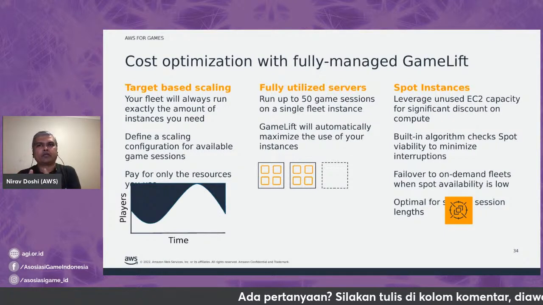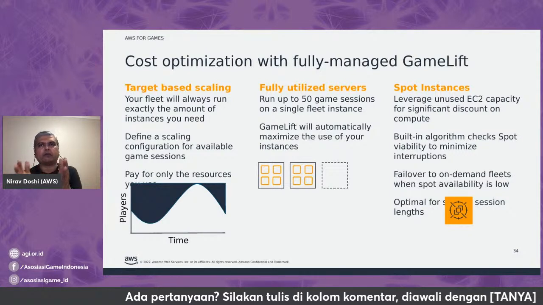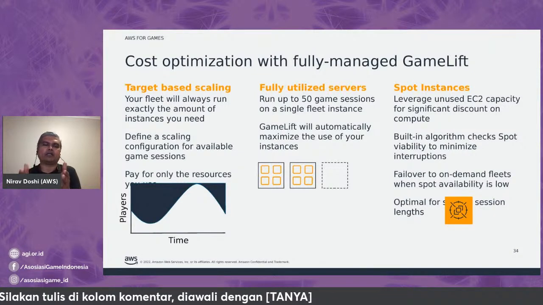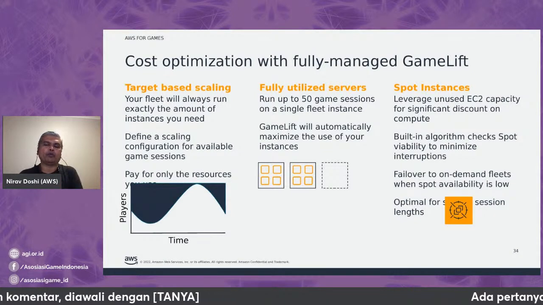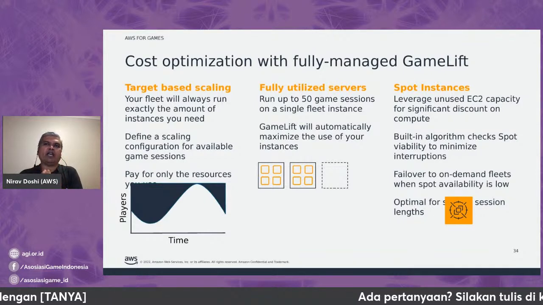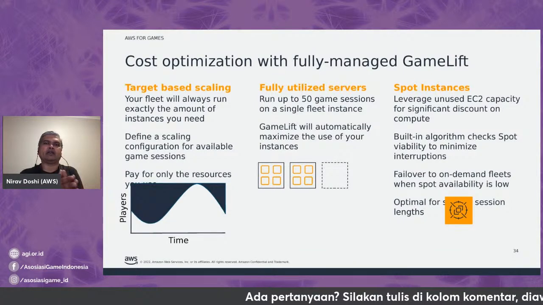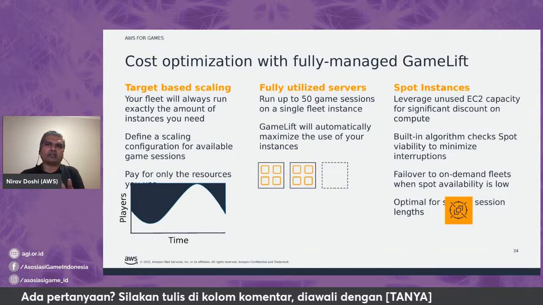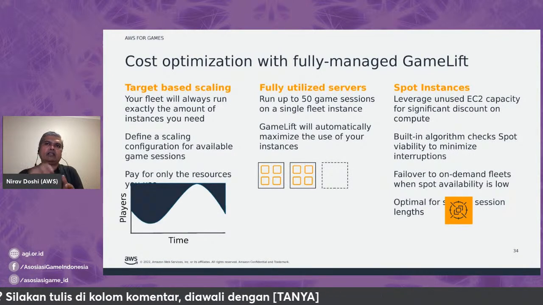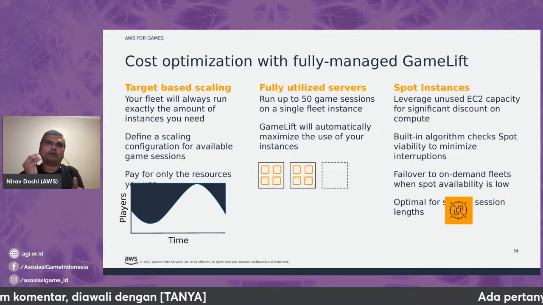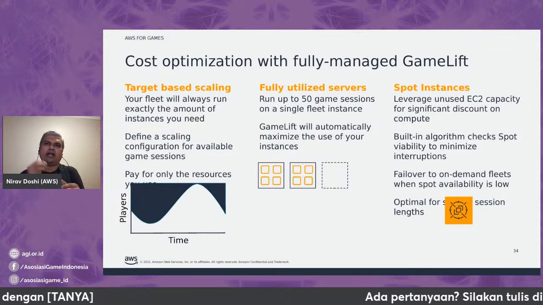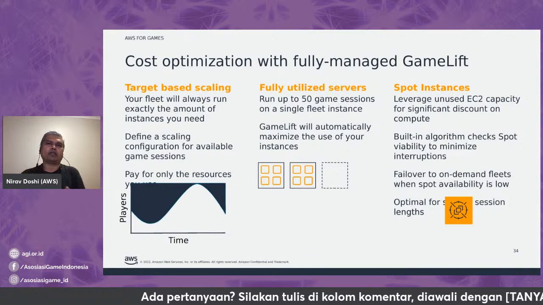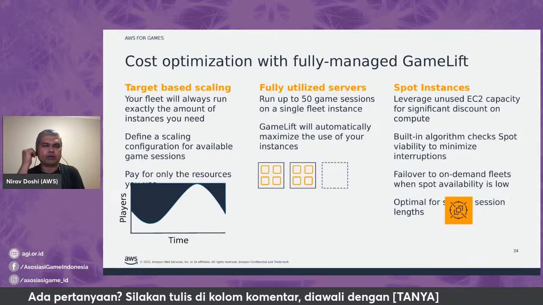And the third is spot instances. This is a commercial offering that AWS offers: if we have excess infrastructure lying in our data center, we make that available at much cheaper prices. That is what we call spot. There is an algorithm in GameLift which is able to take the benefit of spot instances and provide you with excess infrastructure at lower than the pricing that is published out.